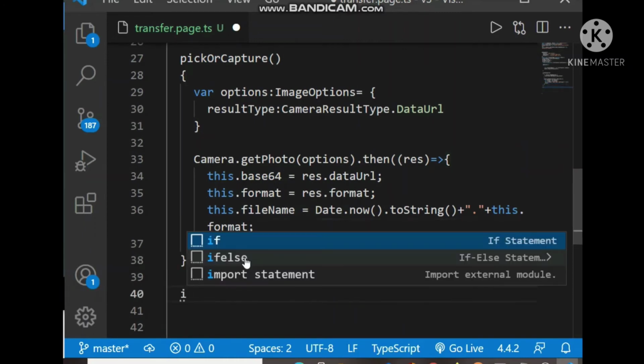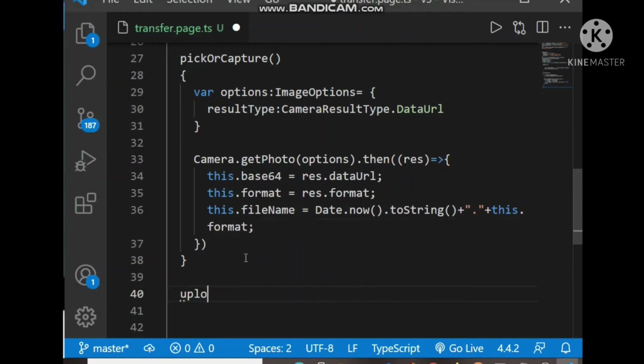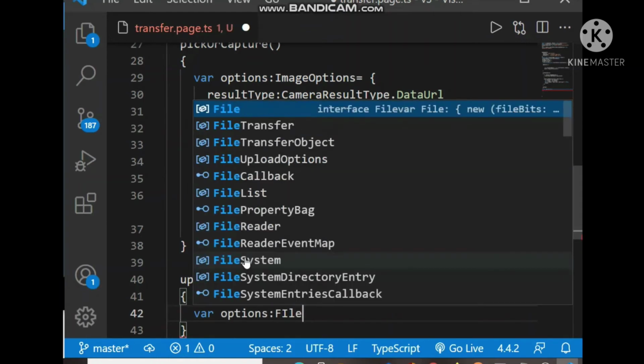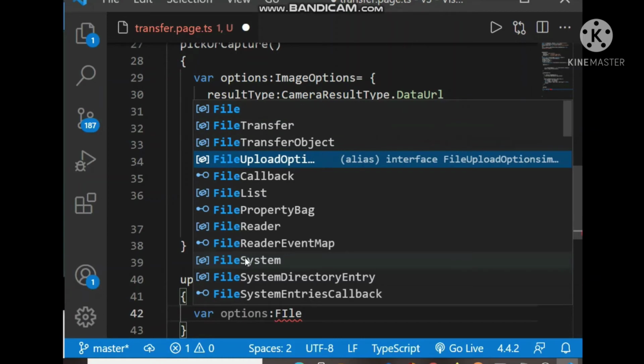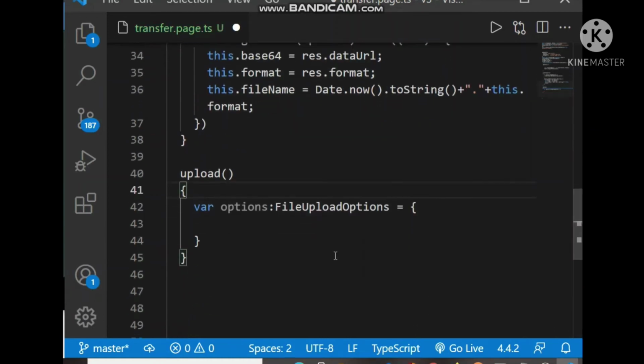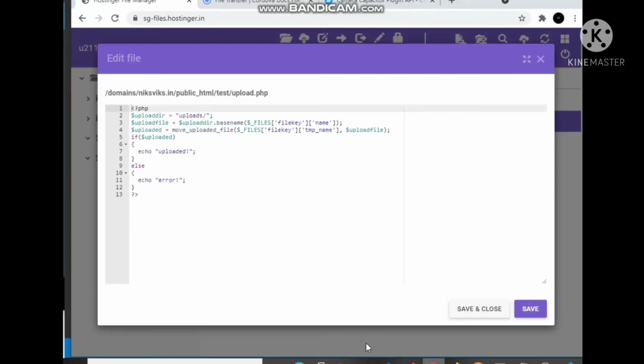So we have to go to the upload method, where we create options, upload options. In this object we have to enter the file key. The file key is the name which we have put on the server. I think this is the file key.